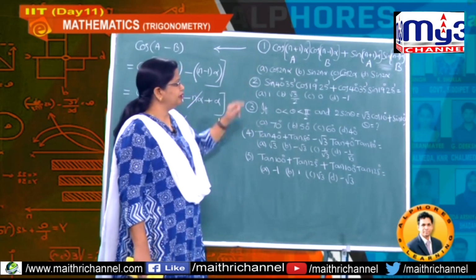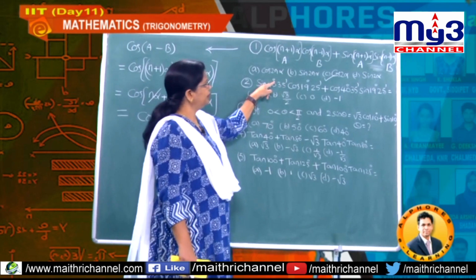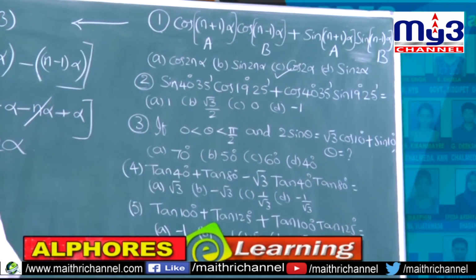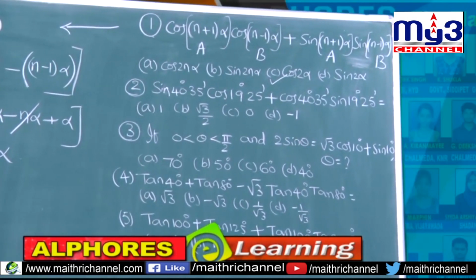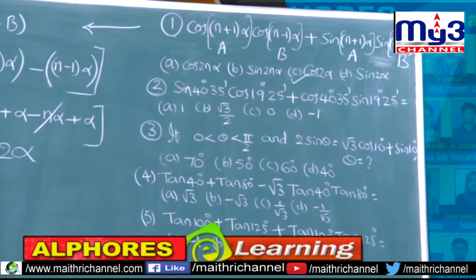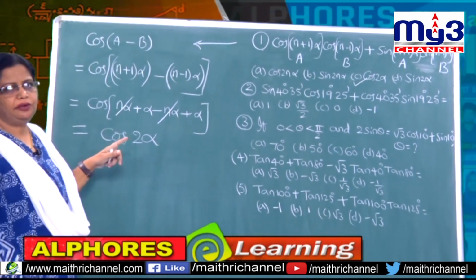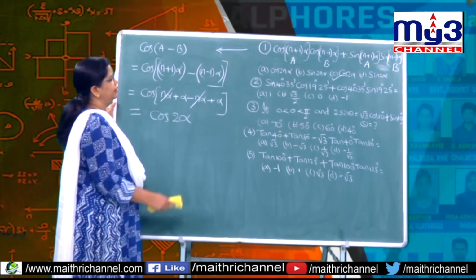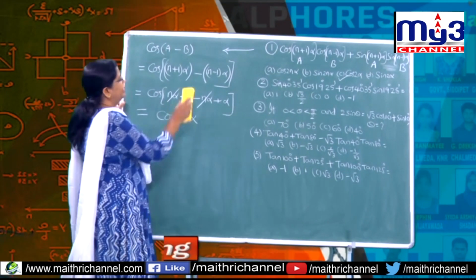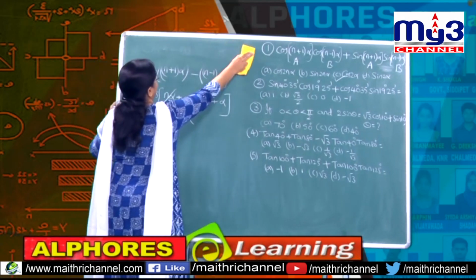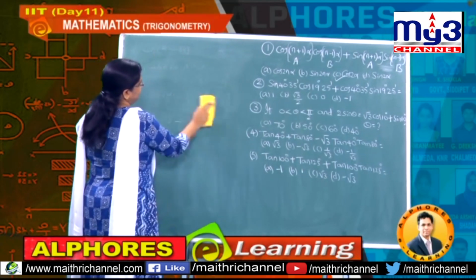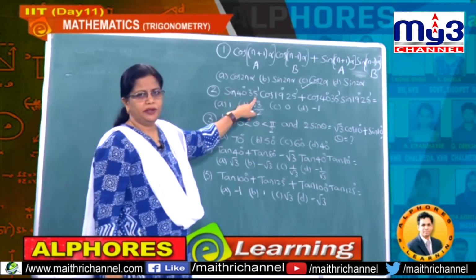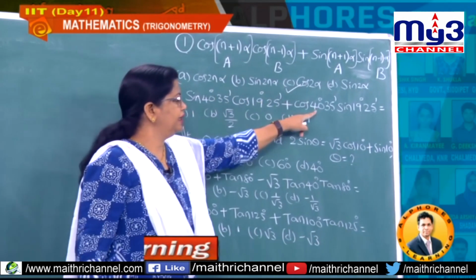Now let us observe second problem. You know here degrees. So these are degrees, but one extra symbol is coming. What is that actually? Minutes. Understand? So you know very well 60 minutes equal to 1 degree. So once it is 60 minutes equal to 1 degree, you can make use of that value. First observe how are the terms. So how are the terms given? First one is sin 40 degrees 35 minutes, and same value repeated here also.